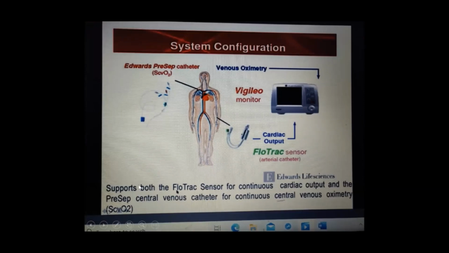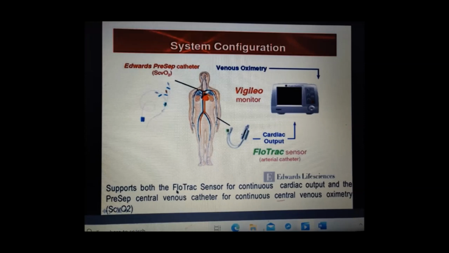So this monitor supports both the FloTrac sensor for continuous cardiac output and the PreSep central venous catheter for continuous central venous oximetry. So we are able to get the ScvO2. It will give us an idea of the oxygen extraction. And with the help of the cardiac output variables, we can have a fair idea about the oxygen delivery through